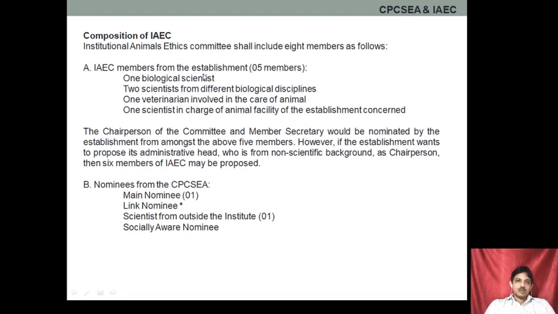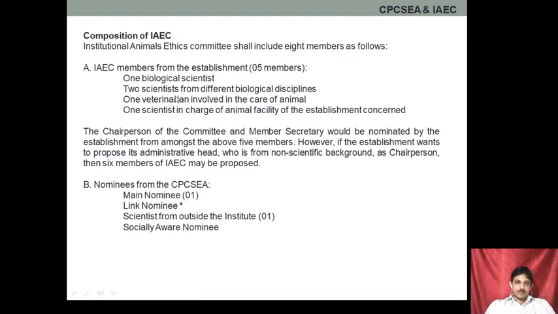So this is a total of 5 people, and the chairperson and member secretary should be appointed from these 5 members. Of course, if the administrative head from a non-scientific background is included as chairperson in the committee, then the IAEC members from the establishment should be 6 members,